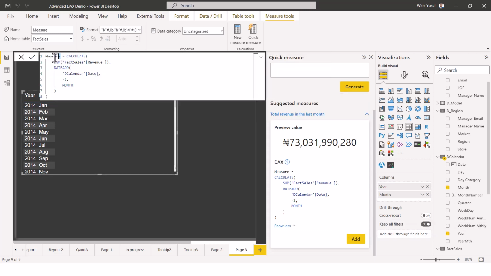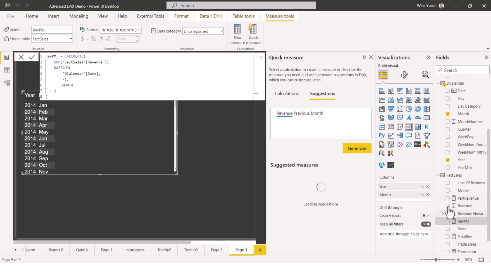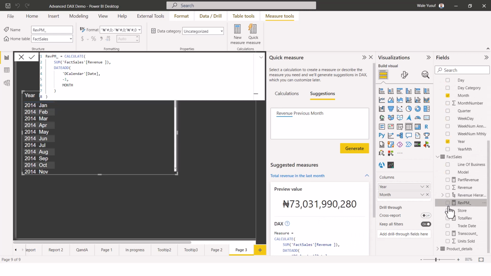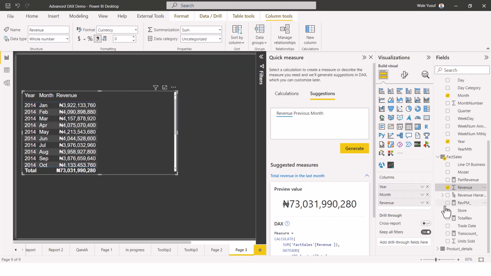Okay, so I'm going to go to this revenue previous month, right? So this is my revenue previous month, which is the one I just created with the calculation. Now let me add this revenue previous month to my table. I'm going to add revenue first, then after adding revenue,